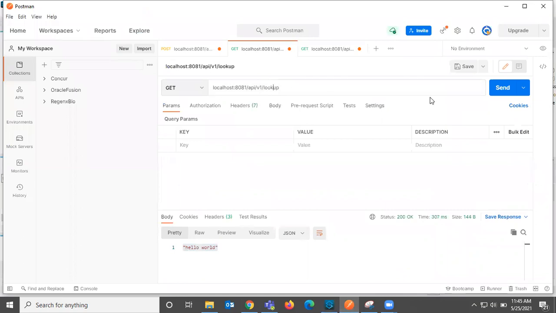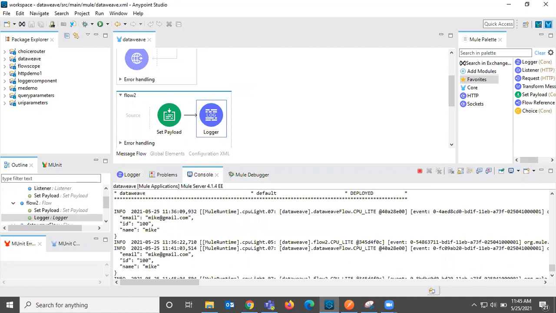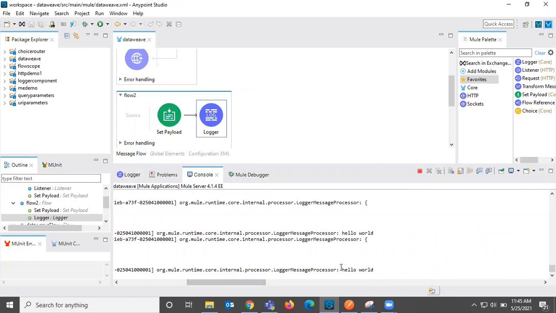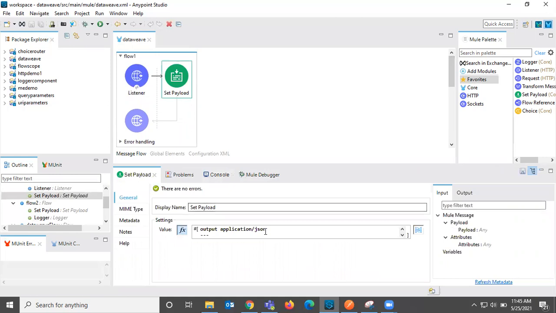See, lookup. I'm just hitting the send button. So you can see here, this is hello world. And even you can see in a console, it should print like hello world. So why it is sending? So here we are calling second flow and we are sending this test hello.